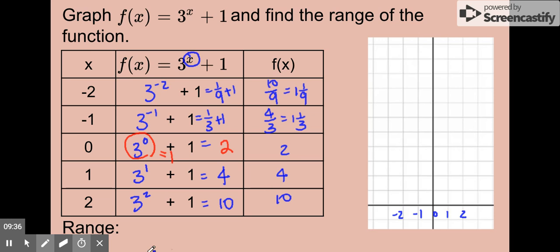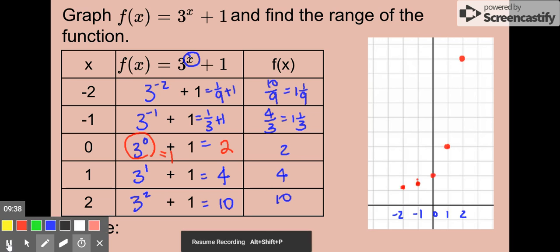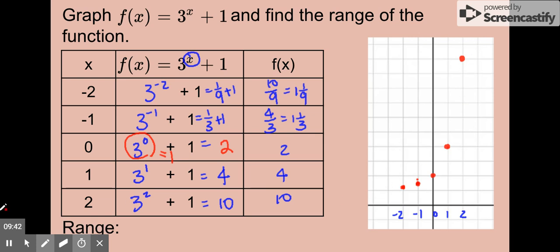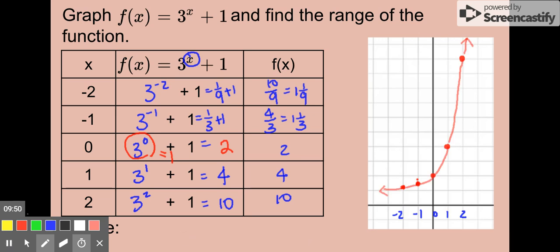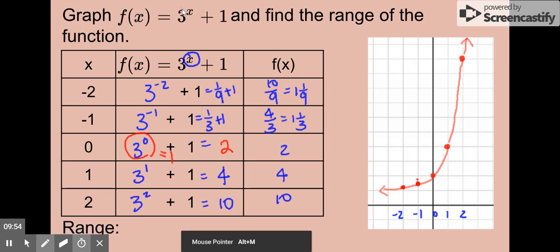So let me plot this. I just have 5 points on the graph, and if you connect them, you get this curve. The curve looks like this, and let's find the range. The minimum value of this part was 0. So the range is 1, 2,